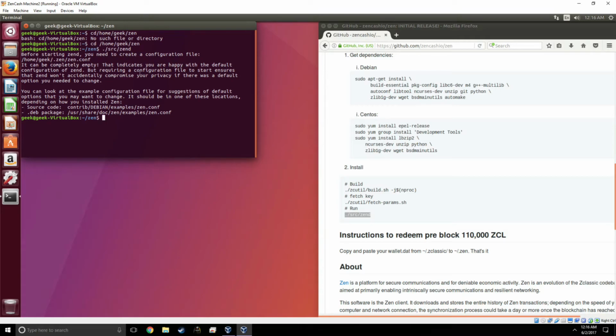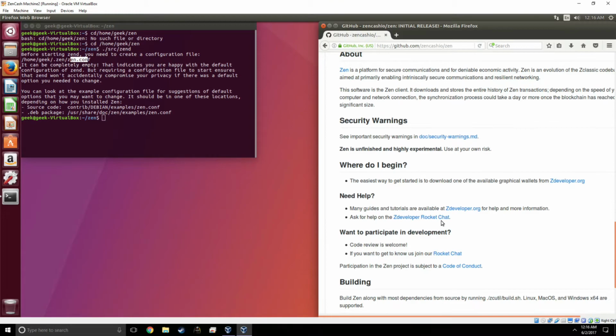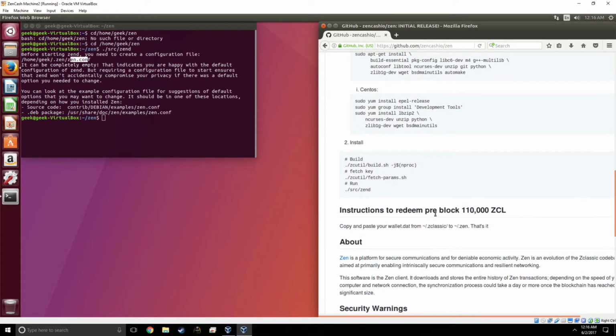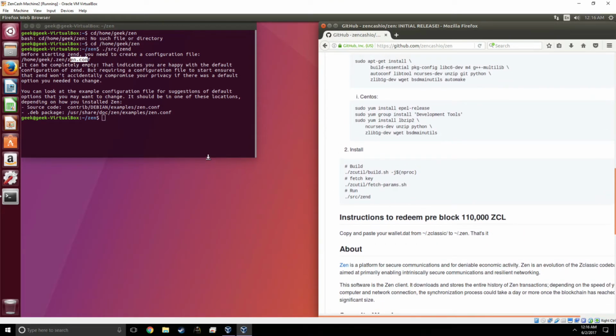it's gonna tell you have to create a configuration file. And it doesn't tell you how to do so on here. There's nothing on here explaining how to create that file. And there are a couple of ways you can do it. You can type vi zen.conf and you can create it that way. But I was having issues doing it this way, so I'm going to show you guys a different way to do it. Instead, we are going to type